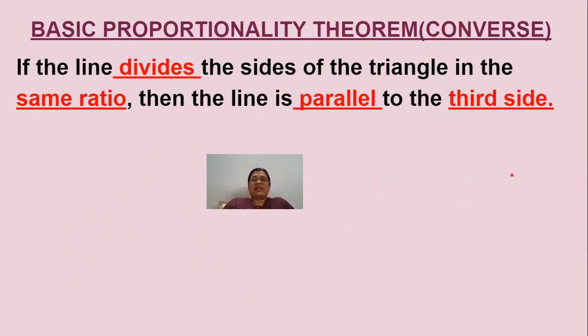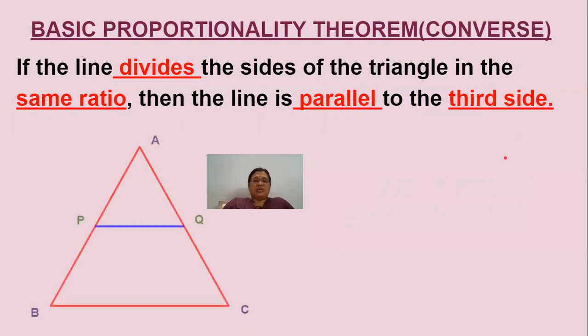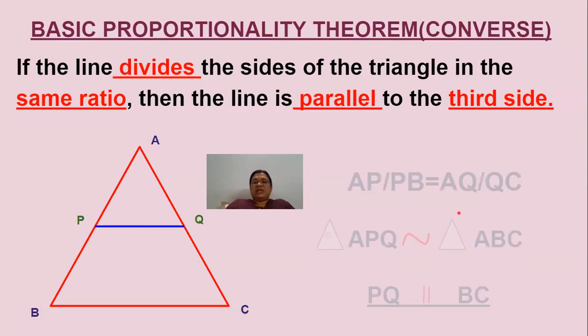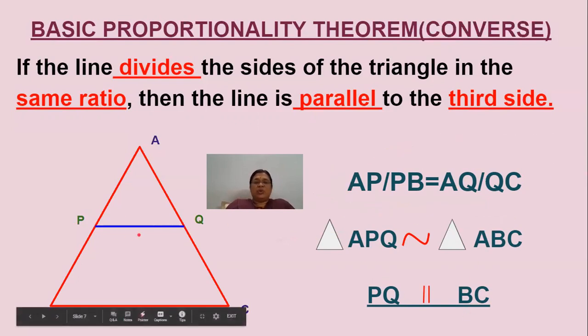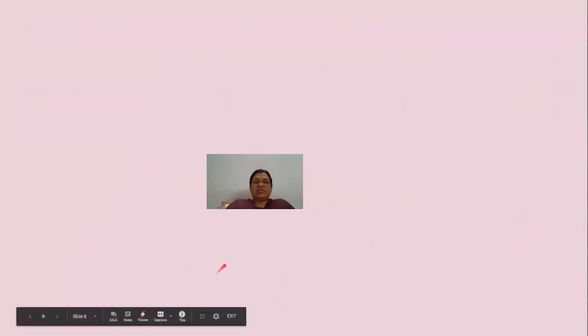You have to understand the statement, and you have to remember the concept behind the statement of this theorem. Then you can apply this concept on solving the problem. See here, the triangle is there. Here it is not given that PQ is parallel to BC, but he has given that AP by PB is equal to AQ by QC. According to this, line PQ will be definitely parallel to BC.